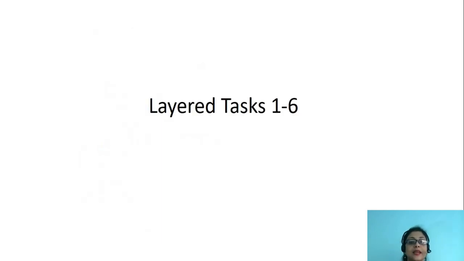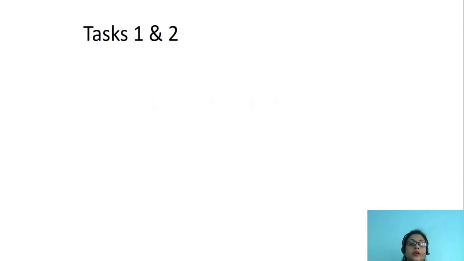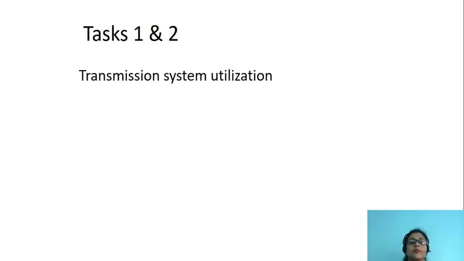Let us understand layered tasks 1 to 6 in this video. First, we concentrate upon tasks number 1 and 2. Task number 1 is transmission system utilization. Now, what is the meaning of transmission system utilization? We have a computer here that is a sending computer. This is the transmission system through which data passes